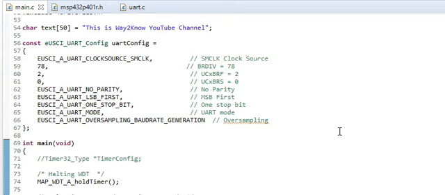Based on this code, let us see how the functionality is. Here I am clicking on LED on off. When I click, you can see the LED glows, and when we click again, it goes off. So basically we are just toggling the LED using a button. So this is how it is functioning.